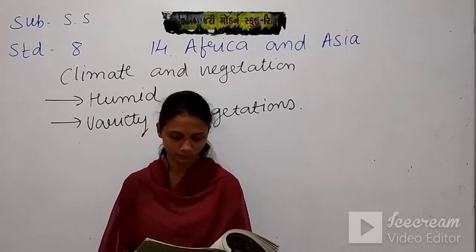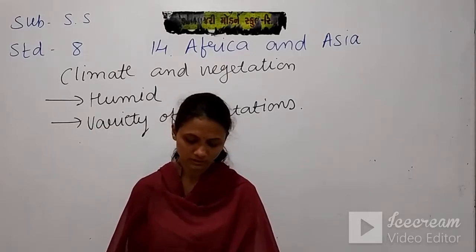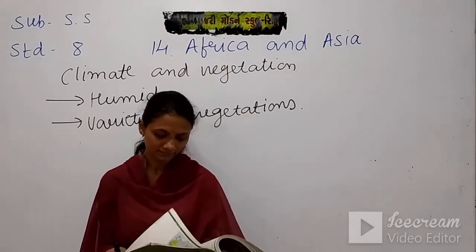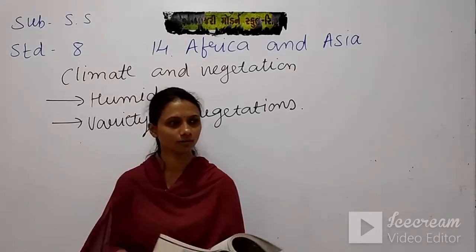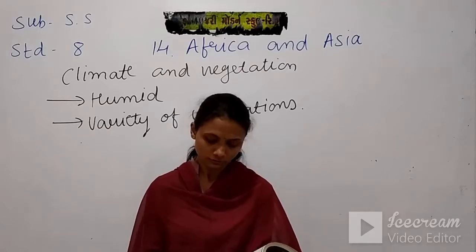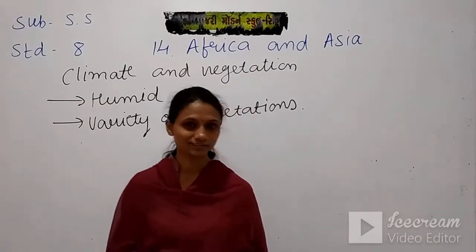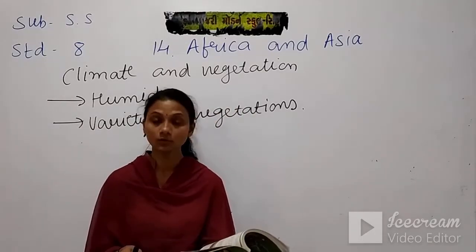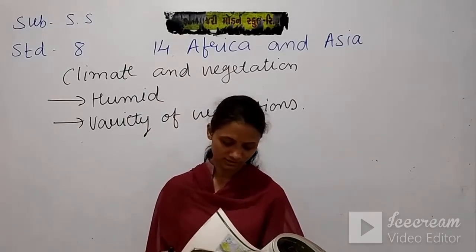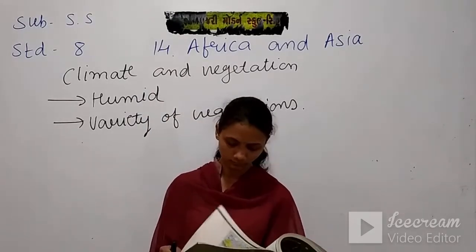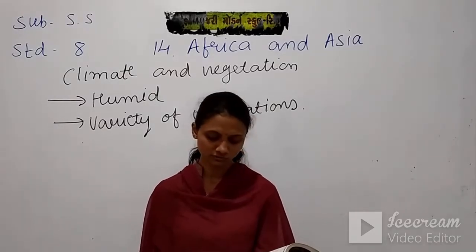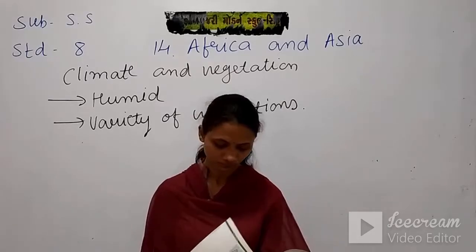The rainfall decreases as one proceeds toward the north, and so vegetation too changes from the sprawling grassland of savanna to the thorny bushes of cactus, date palm, etc. So these are the vegetation you will see when you go towards the north. You will see thorny bushes of cactus, date and palm trees there in the Sahara Desert. So here we have the Sahara Desert, and on page number 404 we have pictures of vegetation of Africa.